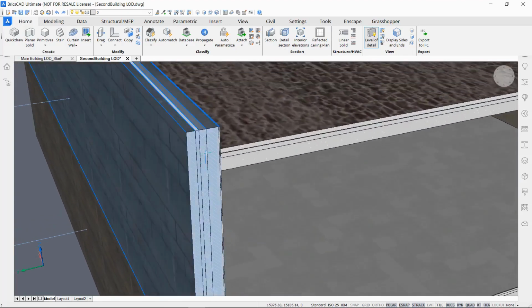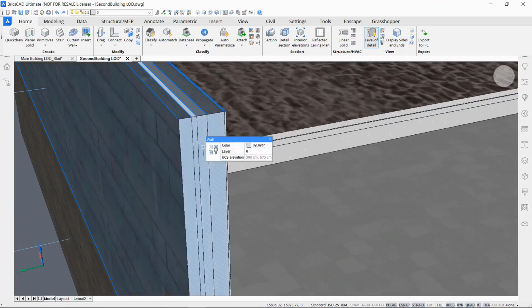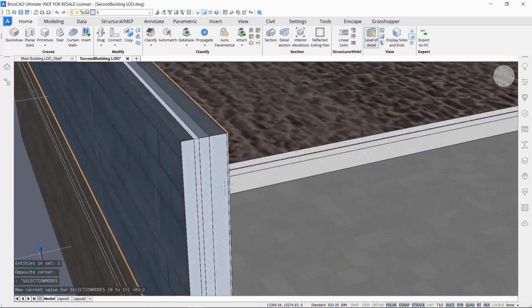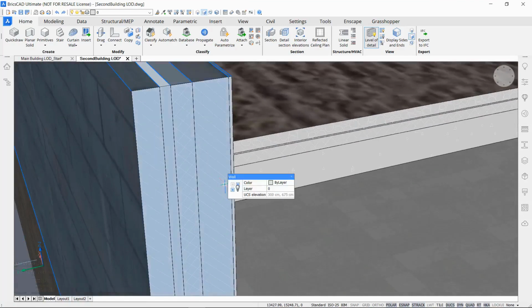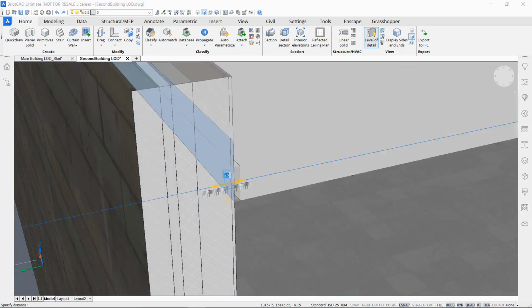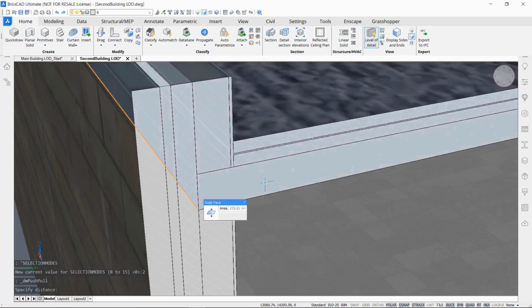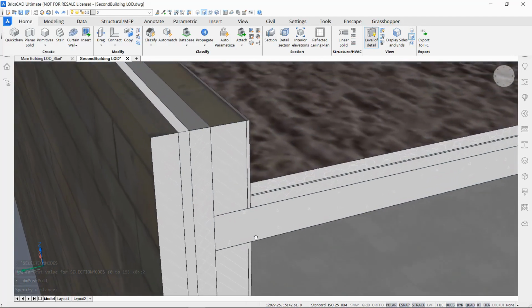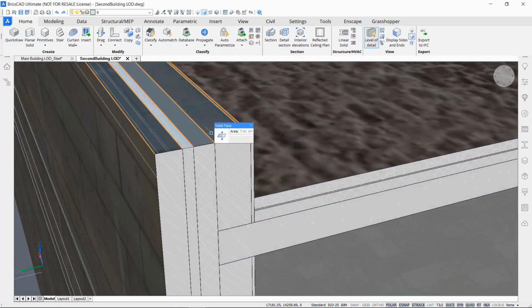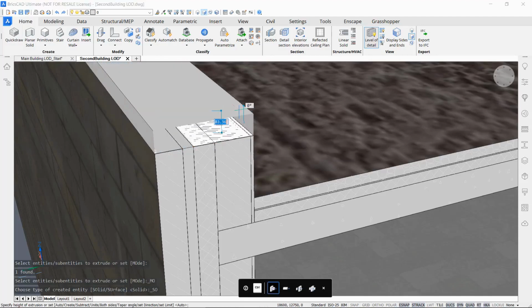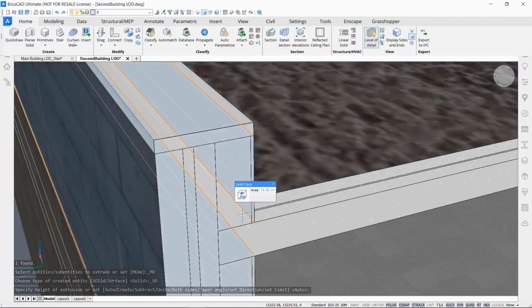And first thing, since we already have the level of detail on, we're just going to enable the face selection to be able to select the ply of the rooftop slab. Hit tab until we have the green highlighted surface, and then push and pull to the next ply of the wall like this. Now we are going to hover on top of the wall and also hit the tab key until we have the orange one. That one, let's extrude that one up with the dimension of 50 to have a wall cap,